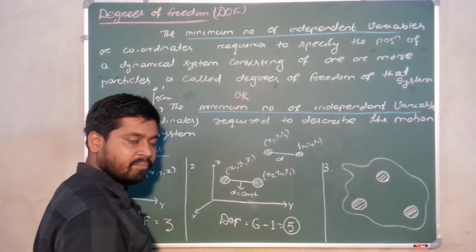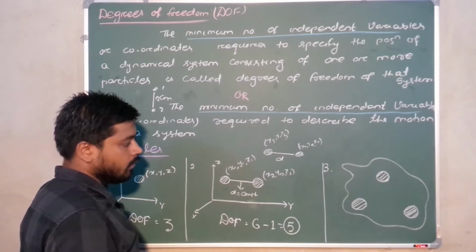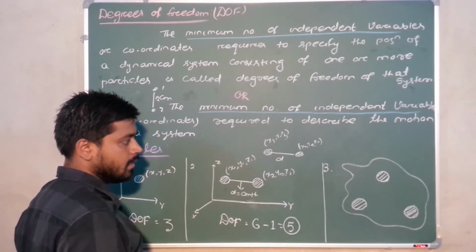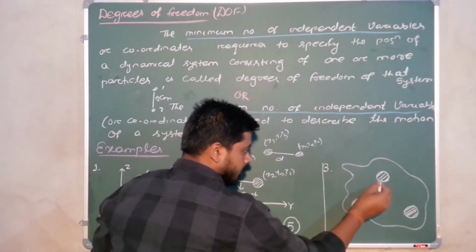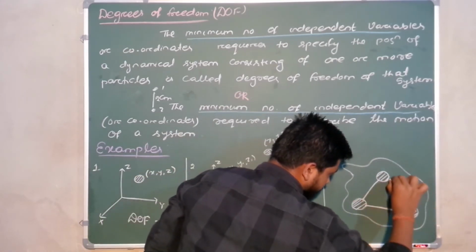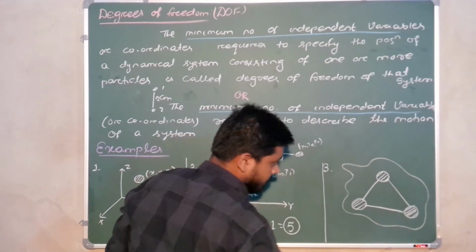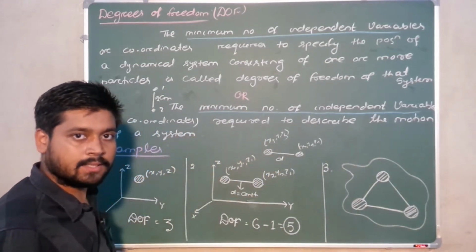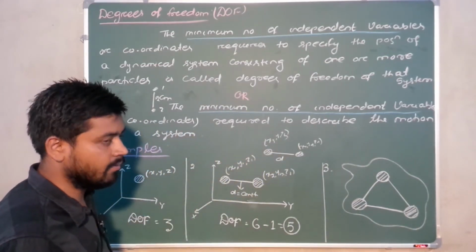Okay. In the rigid body concept, we know the distance among the particles is always constant. Yes or no? Just give the first distance, second distance, third distance. The distance is always constant. Now let us find the degrees of freedom here.